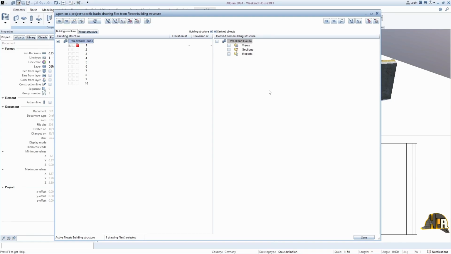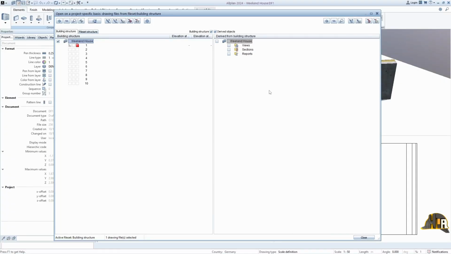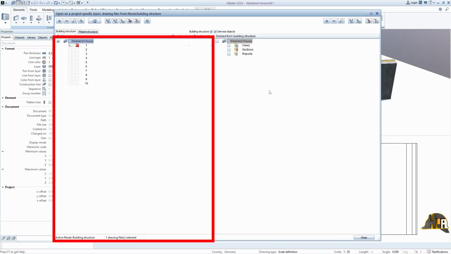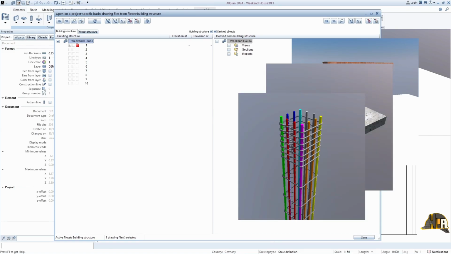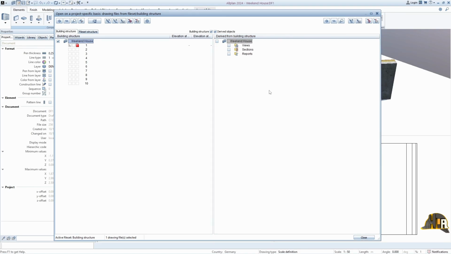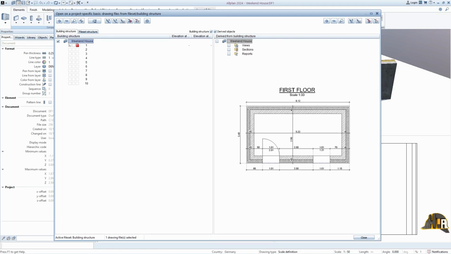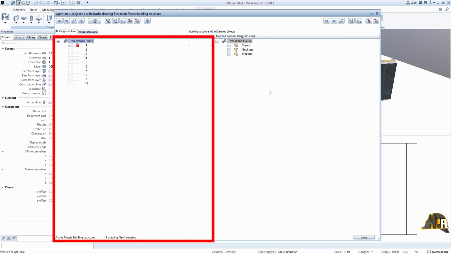Now let's explain this window in a little more detail, since it will be used a lot during our project. The creators of Allplan designed the workflow with the building structure. We have the left and right side. All three-dimensional elements will be stored on the left side. That means walls, slabs, reinforcement bars, and various 3D objects. On the right side, we will store two-dimensional elements, like dimension lines, descriptions or labels, sections, views, and various 2D sketches. While this method is not strict, we'll focus on the left side for simplicity, and everything we do will